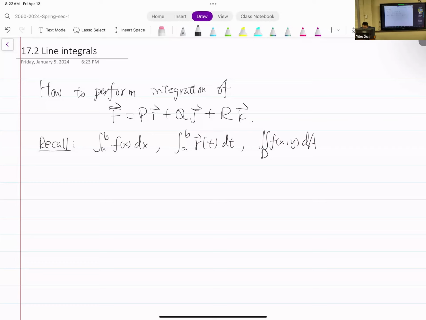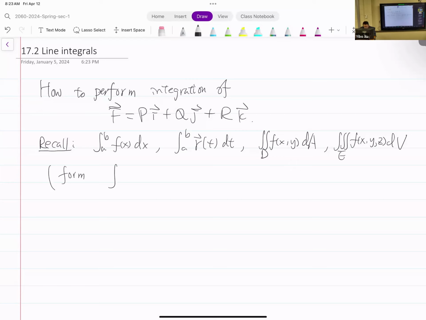And then we have seen the double integral for a function over some region D, and we subdivide the area in terms of dA. And then we have seen triple integrals of a function little f over some solid. Okay, and then the subdivision is now the volume that we see, right? So something common about these integrations is that, okay, we always have the form